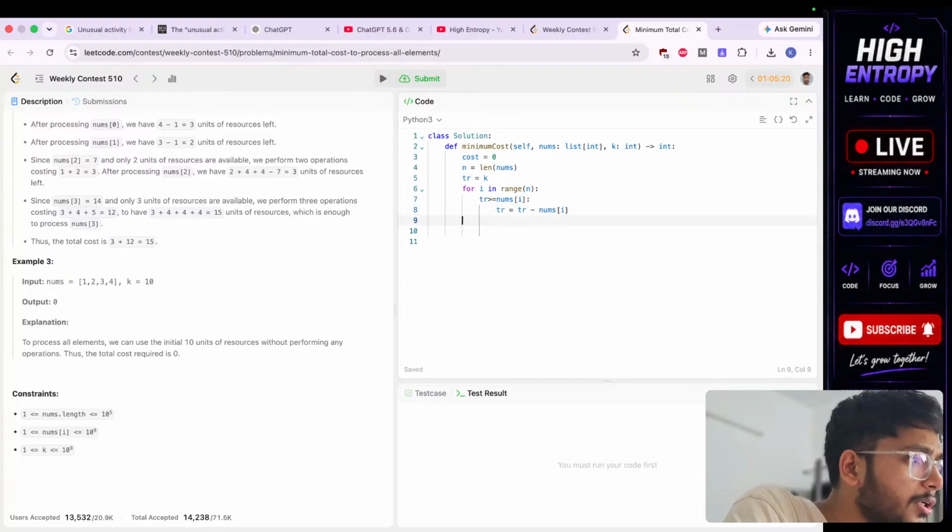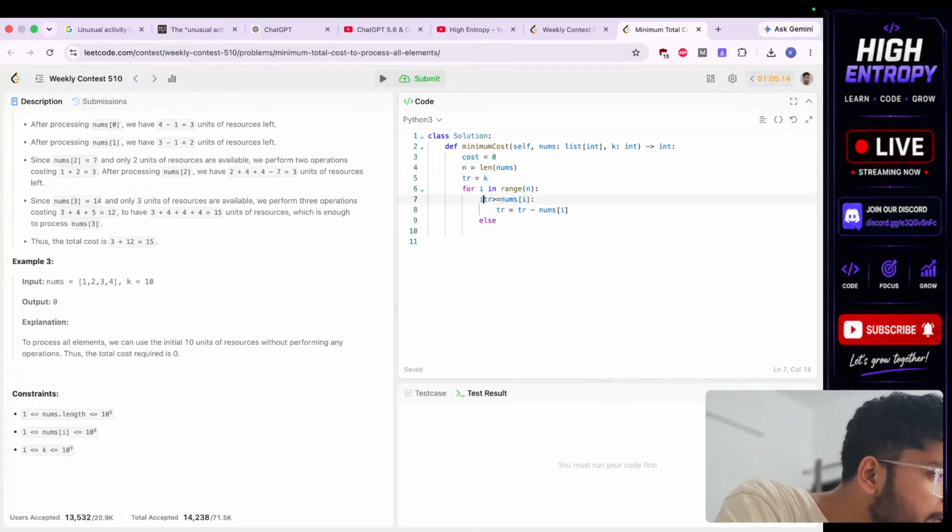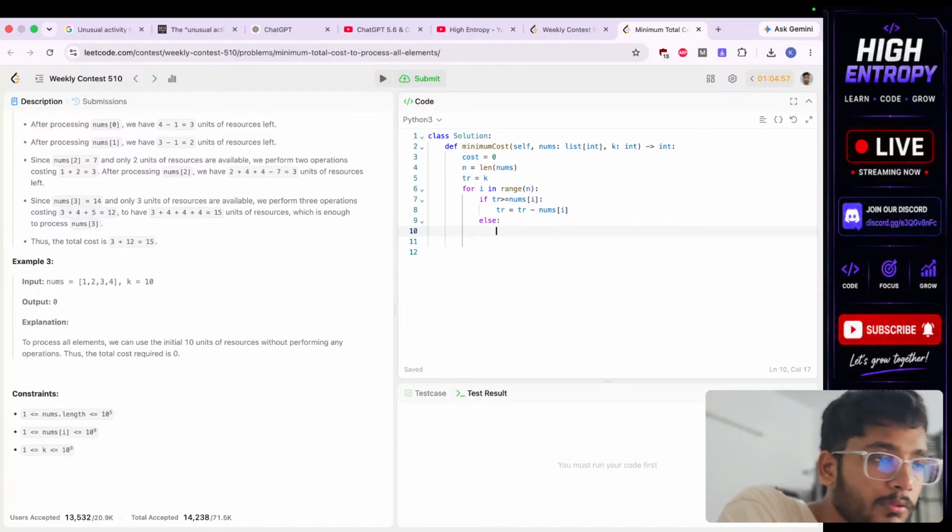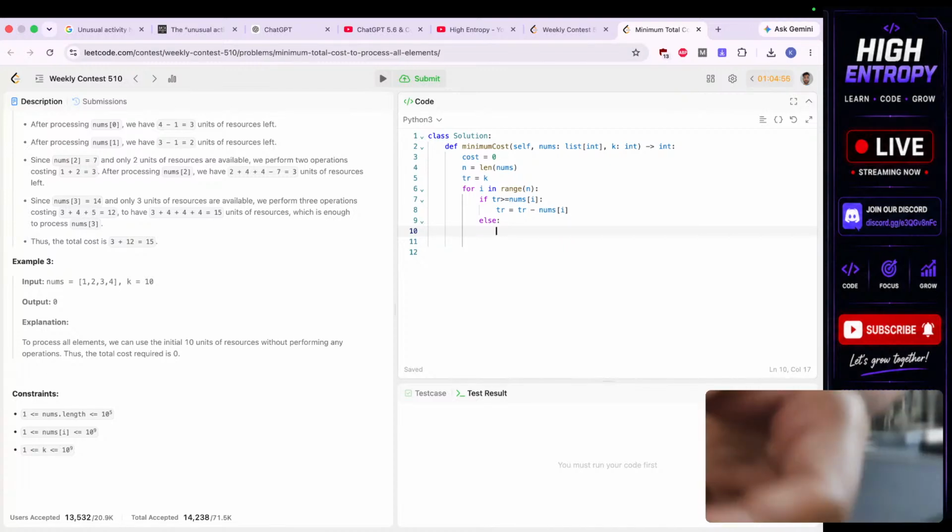Okay, this is one condition. Else, where is if? Else means resources are less. Units, I mean what number of resources you need. So whatever tr you have,